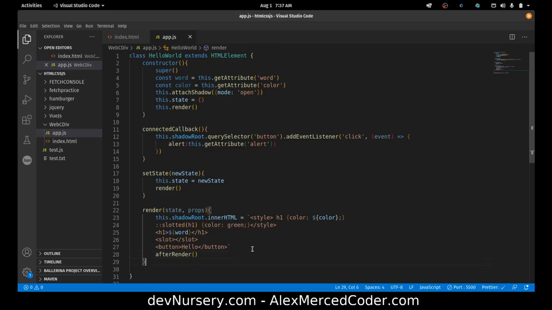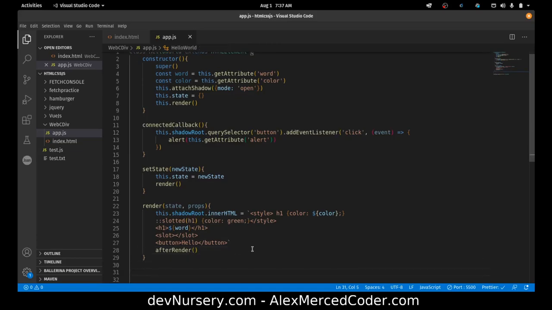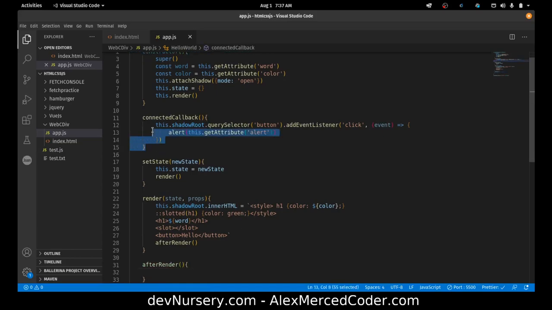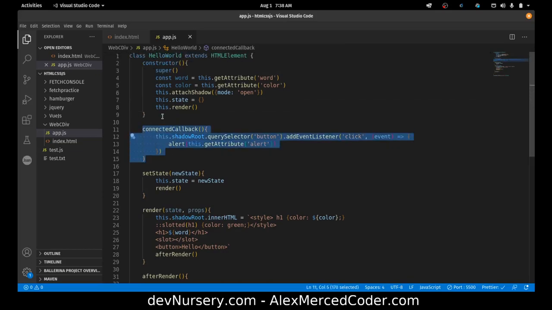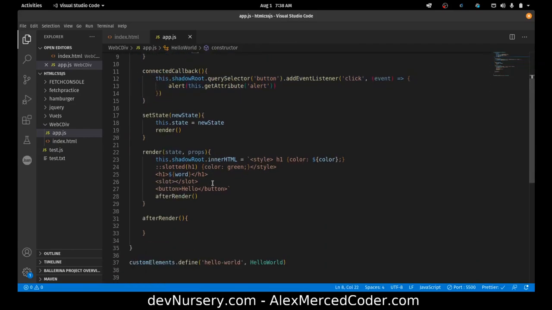I'll do that for resetting up event listeners, etc. Because if you just set them up in connectedCallback, it happens the first time when the constructor runs, because that's how connectedCallback works. It runs right after the constructor runs. But if you want something that's going to run every time, so again re-adding the event listener to this button here, I would do this in an after render function inside your render function, which technically you don't have to worry about